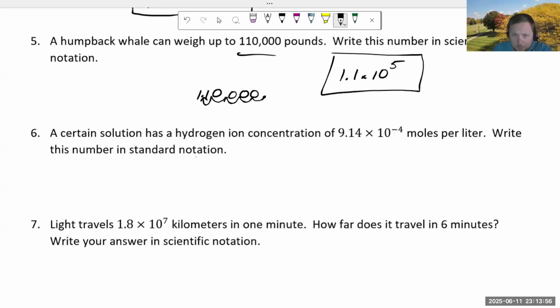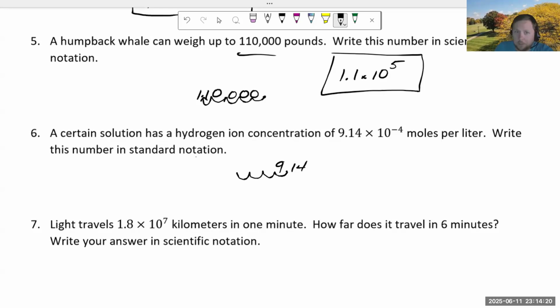Write this number in standard notation. So I see that it's to the negative 4. That means my result is going to be a number that's smaller than 1. So I'm going to move my decimal point appropriately. I need to move it 4 places. In this case, I'm going to go left because that's going to give me